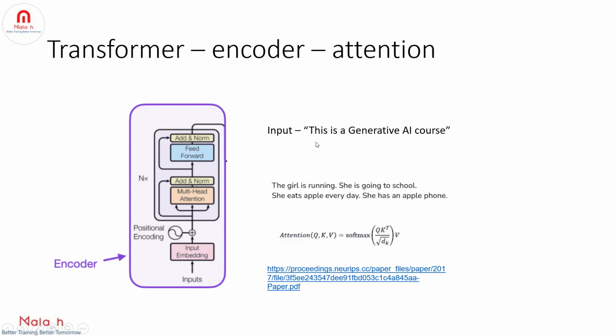This is just one sentence, but if you take these sentences, the model will get confused. The model cannot understand that she refers to a girl, or apple refers to fruit here, and apple refers to an Apple phone here, right? So that is why we need to understand the relationship between each word with respect to each other word. So the objective of attention is how every word is related to every other word. That's how we are preserving the context, right? And this attention calculation is computationally expensive, right? But let's try to understand how we'll calculate the attention, right?